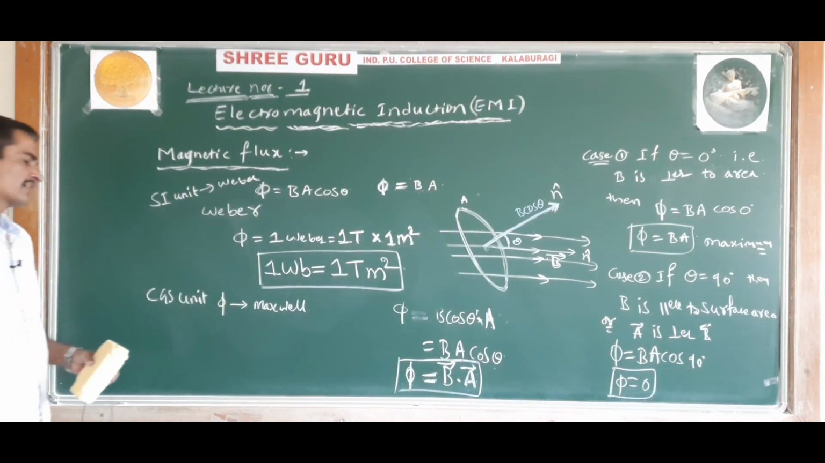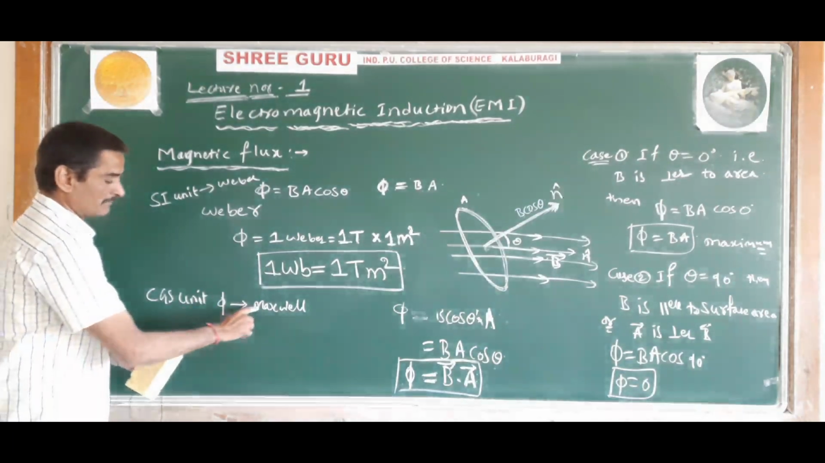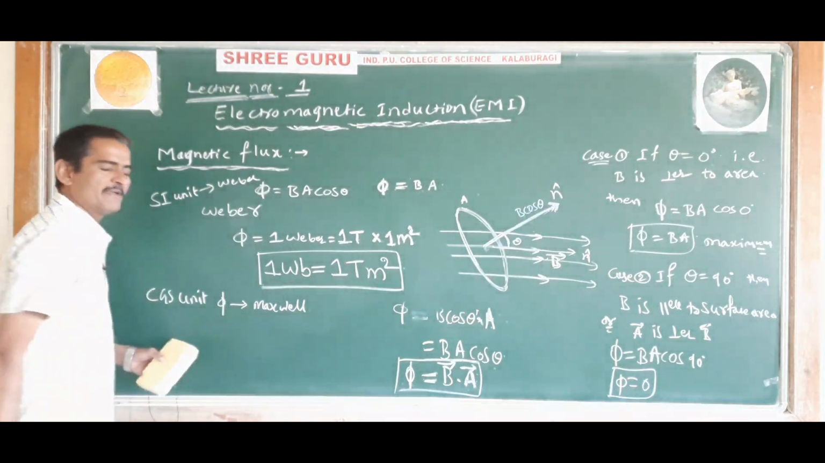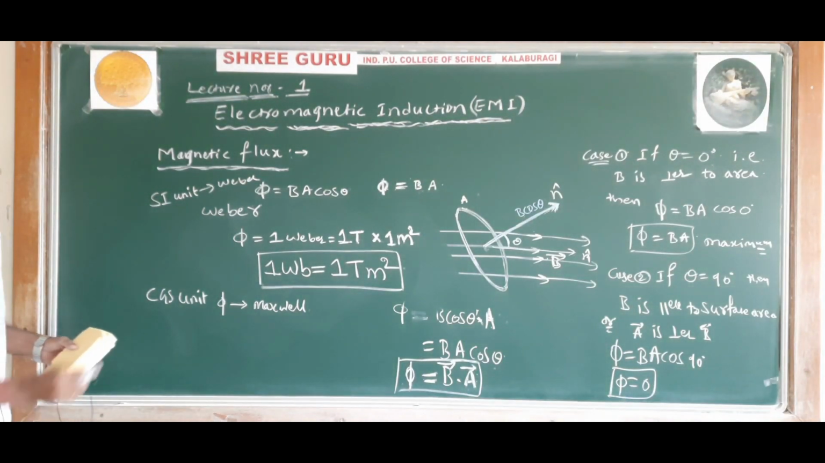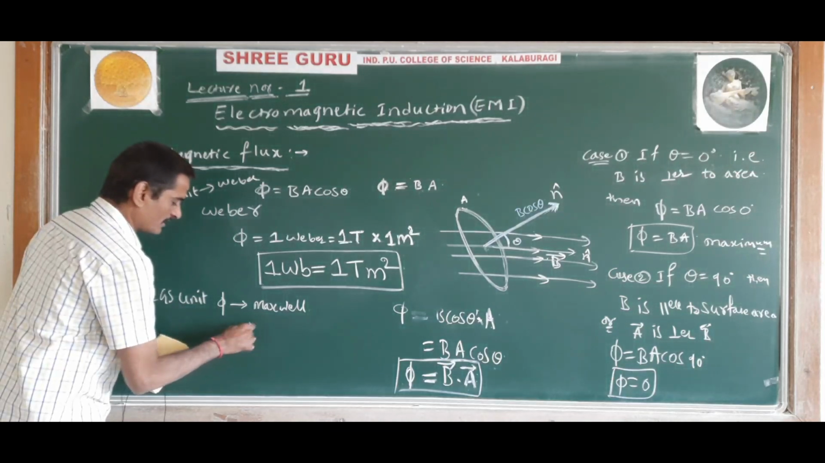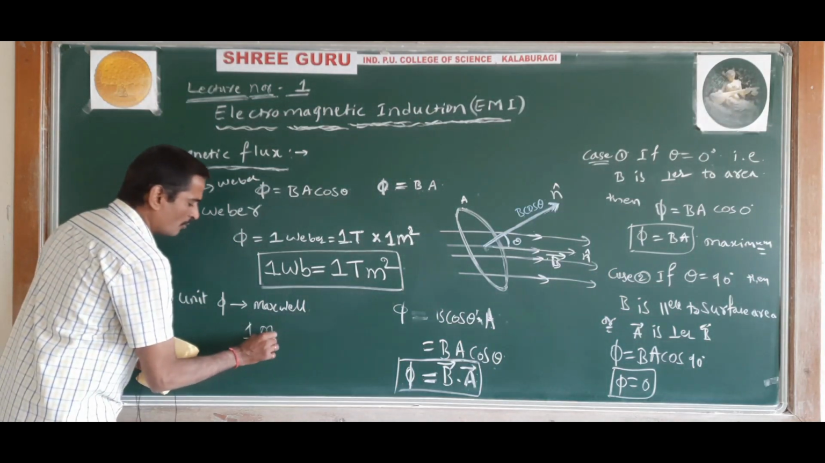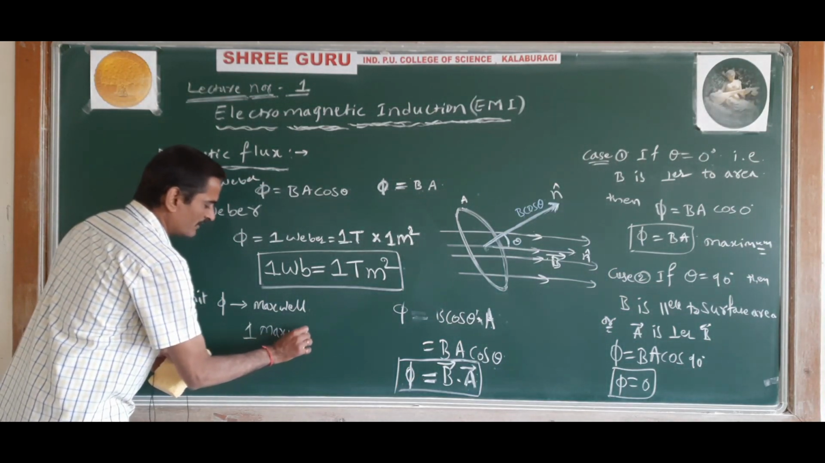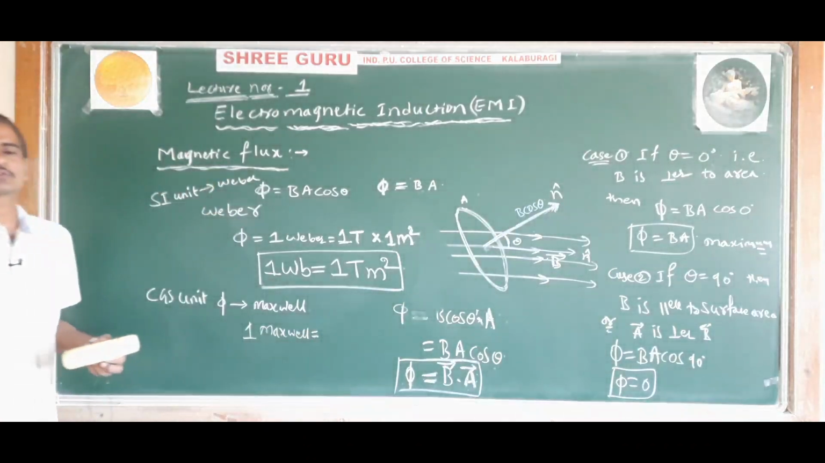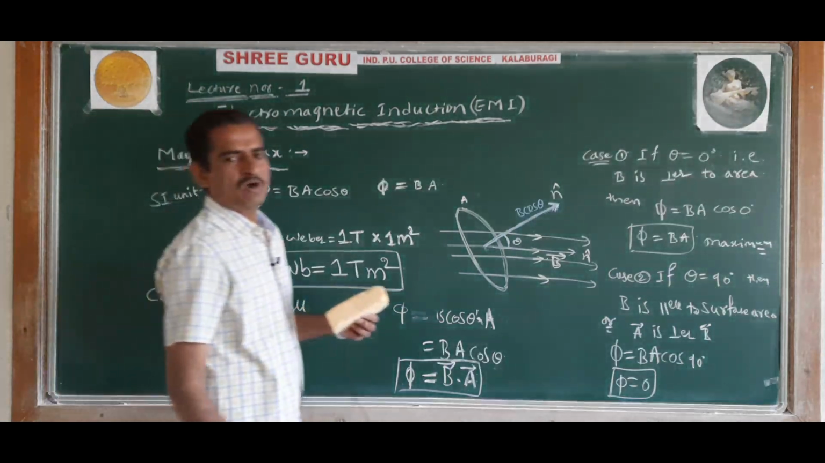The SI unit of magnetic flux is Weber. So the CGS unit of magnetic flux will be Maxwell. Now, the magnetic flux through a surface is said to be 1 Maxwell